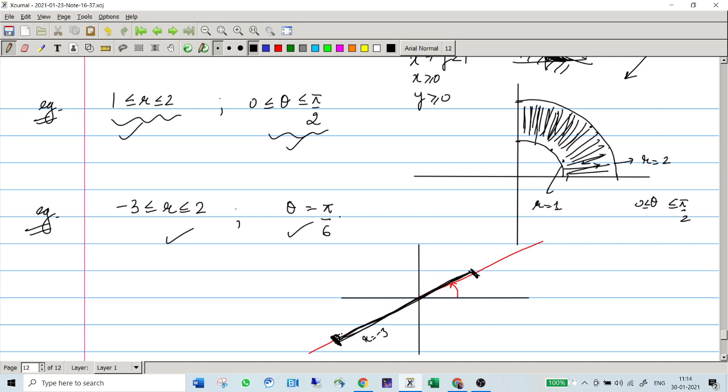So you won't call it the x-axis, you won't call it the x coordinate. The x coordinate is something different. This is the segment for r equal to minus 3 and this is the segment for r equal to 2. So r equal to minus 3 on the line theta equal to pi by 6 and r equal to 2 on the line theta equal to pi by 6 are your boundaries, and you have to collect every possible value for r between these. So this particular line segment is going to be your graph for this set of equations, right?